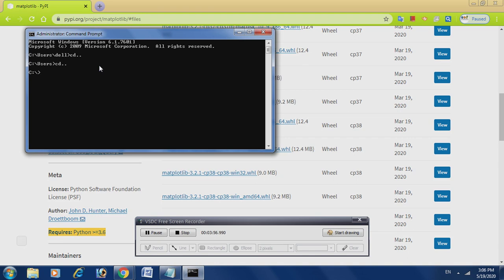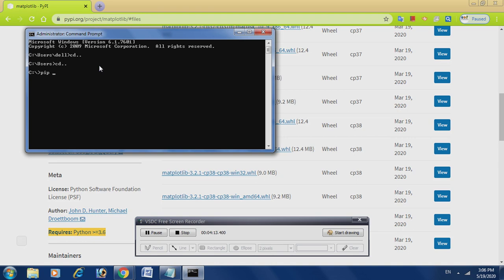Now here I will type the command to install Matplotlib. Friends, once you have downloaded the wheel file for Matplotlib, then only you can go for the installation process. First, be sure it has been downloaded completely.